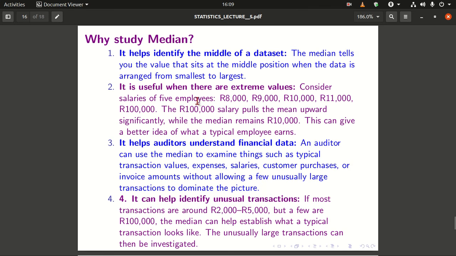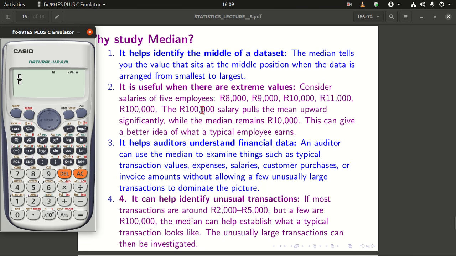Consider salaries of 5 employees. You have 8,000, you have 9,000, you have 10,000, you have 11,000, and then you have 100,000. So the 100,000 salary pulls the mean upwards significantly, while the median remains at 10,000. This can give a better idea of what a typical employee earns, an average employee earns. Because by just saying,